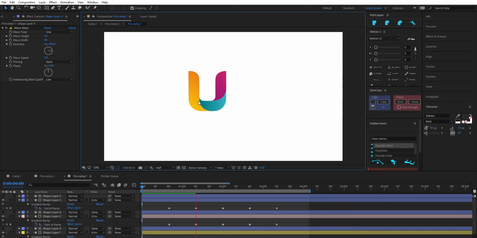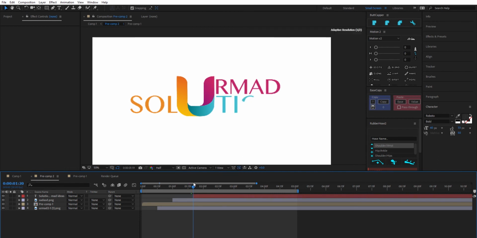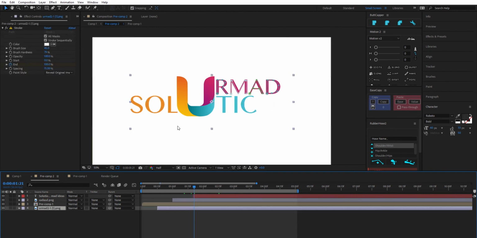And now the main thing is there will be so many cases when you don't have the correct font on which the logo is created. Like in my case, I don't have this font with me, so to make this effect, what I have done here is I just duplicated this layer, the company's logo layer, and I photoshopped it. I just removed this part and then this part. So I have created a rough